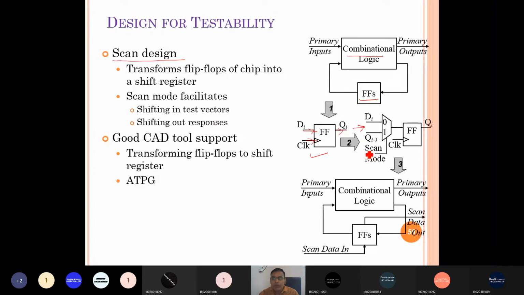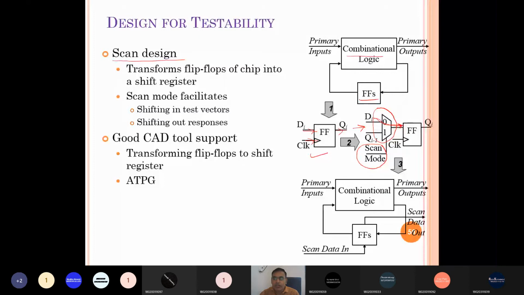In a scannable flip-flop, a 2x1 mux is added before the input of the simple flip-flop. This decides whether we operate the design in normal mode or testing mode. The scan mode selection line of this mux decides: in normal mode the input to the flip-flop is DI, the normal data.